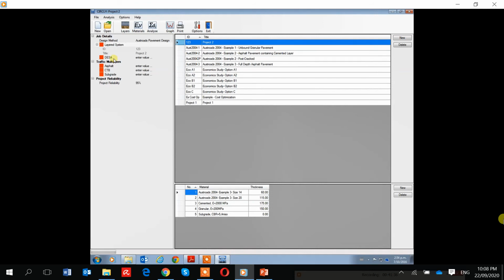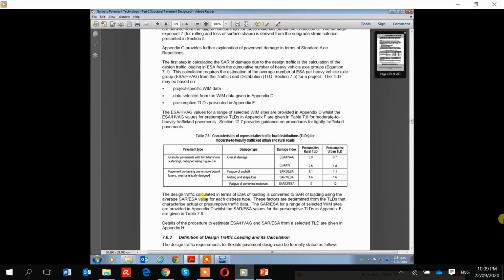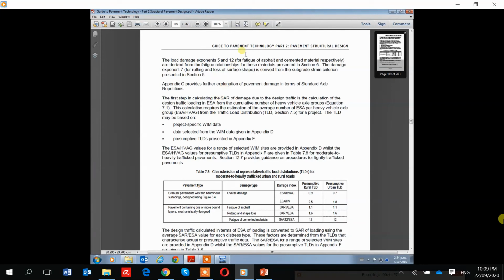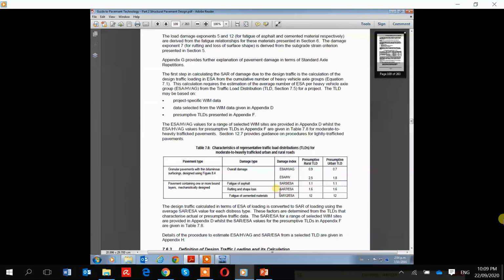For this one, the design traffic, the design ESA. The design traffic that we're going to use is 20 million ESA, which is 2 times 10 to the power of 7, 2E7. And for the traffic multipliers, we're going to use the Austroads Guide to Pavement Technology Part 2, Pavement Structure Design. This is the presumptive traffic load